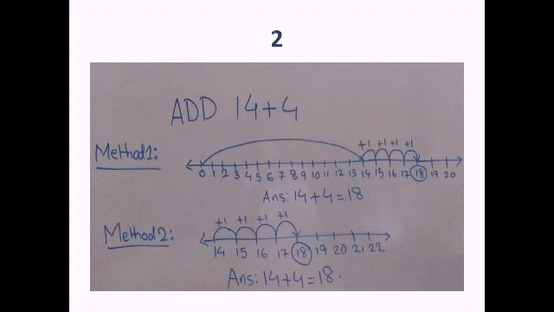Now in method 2, as we have learned in the previous sum, you can start from the number 14 only. If you start from 14, how many jumps do you have to take? 4 more jumps, 14 plus 4. So from 14 you take 4 more steps: the first jump to 15, second jump to 16, third jump to 17 and fourth jump to 18. So on 18 our 4 jumps get completed. So 14 plus 4 is 18. Clear?